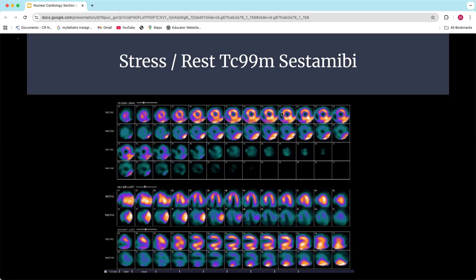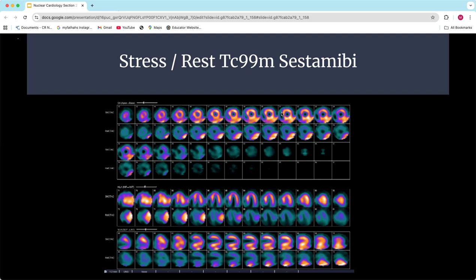So this is one of our big things that could be a problem with using a sestamibi or tech-based product. What do you notice in these pictures? Somebody be brave and tell me what you see. If you're wrong, it's fine. Yeah, go ahead. That's gut. So small bowel. Yeah, it's gut, right? And thank you, Bree. You're absolutely right.